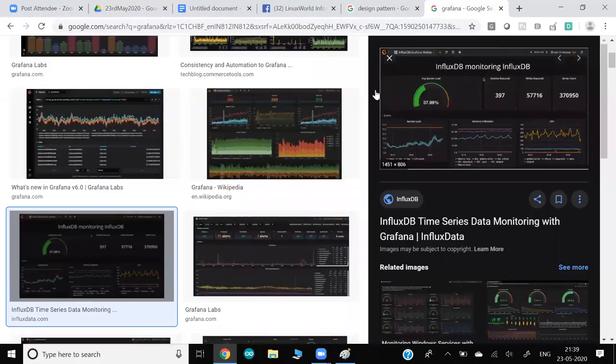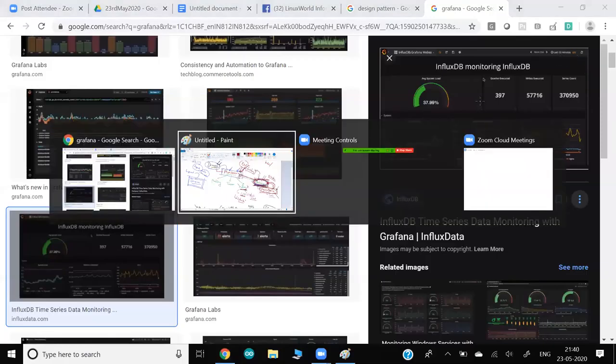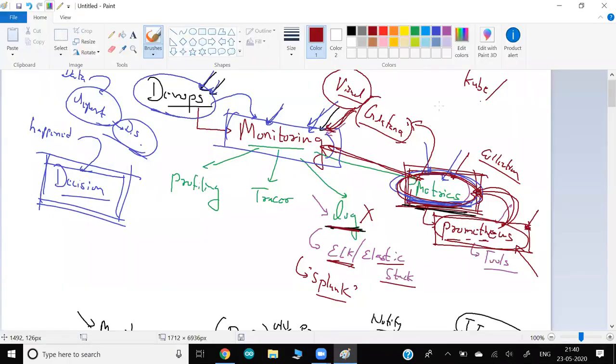But for monitoring, you need this kind of beautiful visuals, more interactive, more clearly visible. Who will create this visual so that we can monitor? Okay, Grafana will do it for you. But for that monitoring, what we need is data, information, metrics. Who will collect the metrics for you? Prometheus. Okay, so technically Grafana is a different tool from a different community, and Prometheus is also a very different tool from a different community.